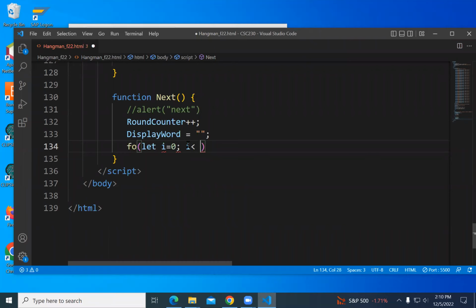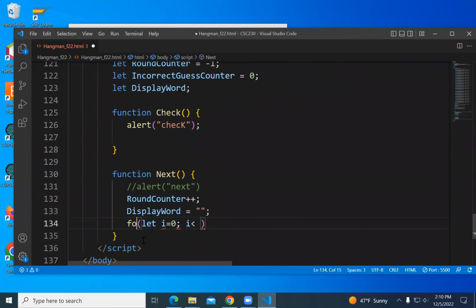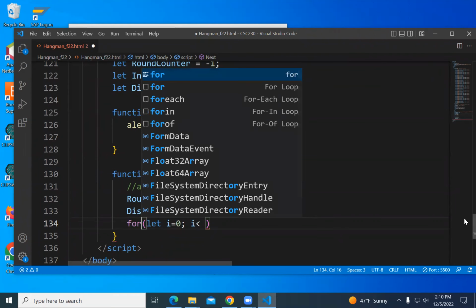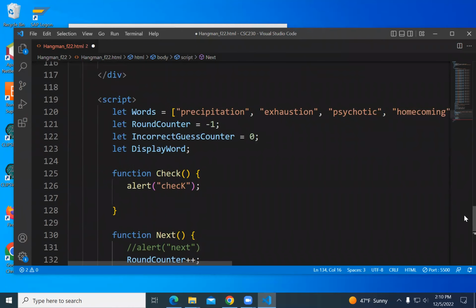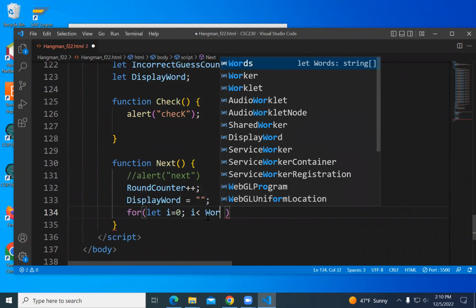The word I'm dealing with, the name of the array. The words were words.